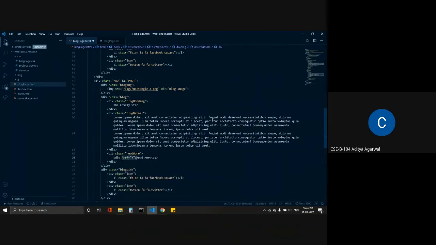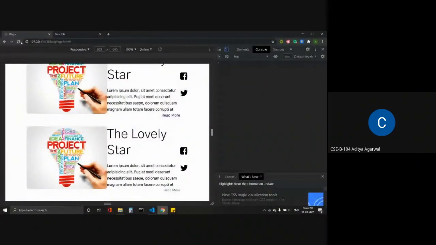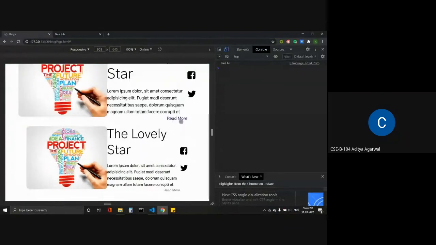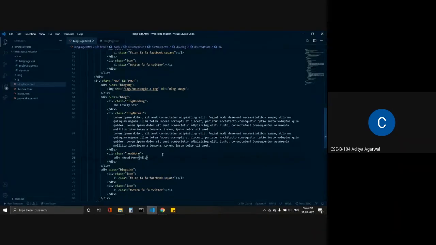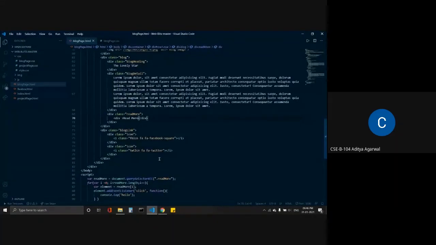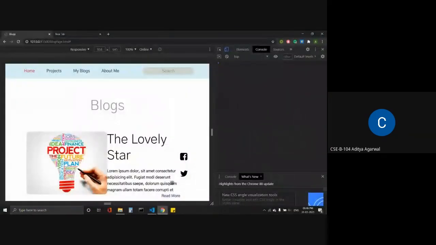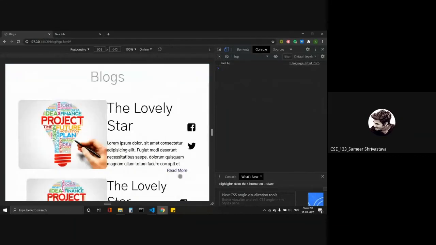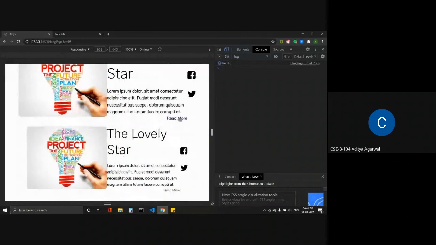Remove the href part. Refresh. Okay, wait. Let me see why this is happening. I don't know, guys, why this is happening, but the page is getting refreshed on every click. Here the page is getting refreshed without being an anchor tag.